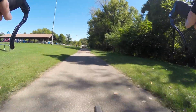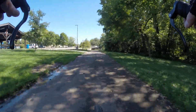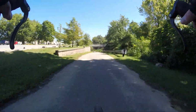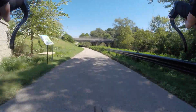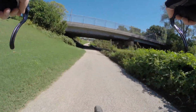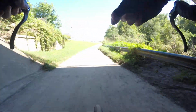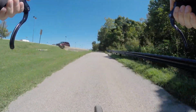Are you going to lose performance by having less tire inflation? Maybe a slight edge on a very smooth surface, but otherwise I wouldn't really worry about it. But definitely pump up those tires daily. You can do the little pinch test, but really you should have a